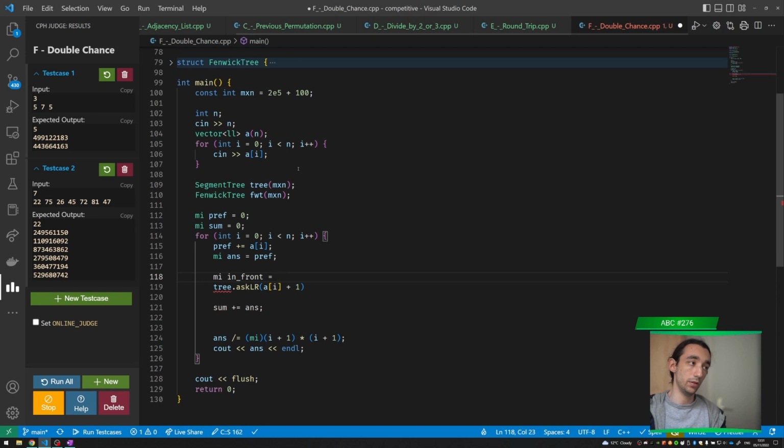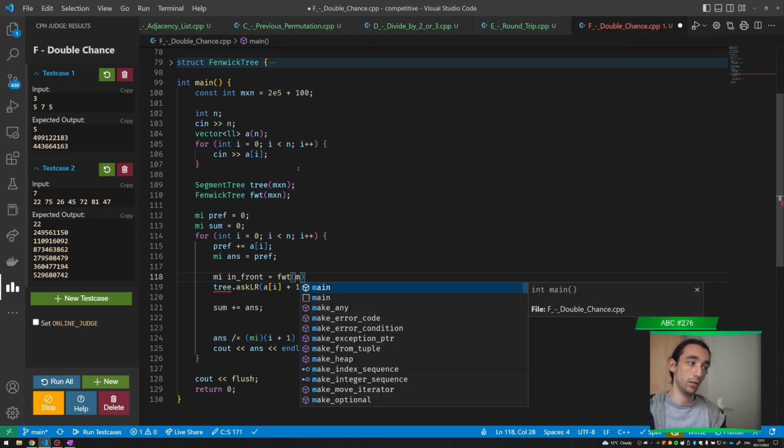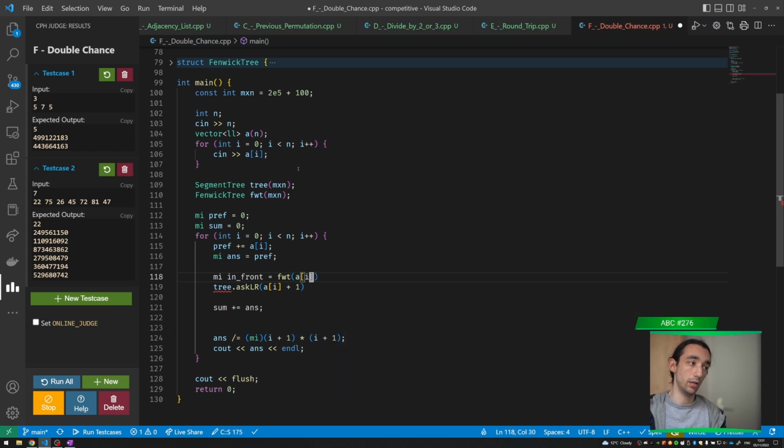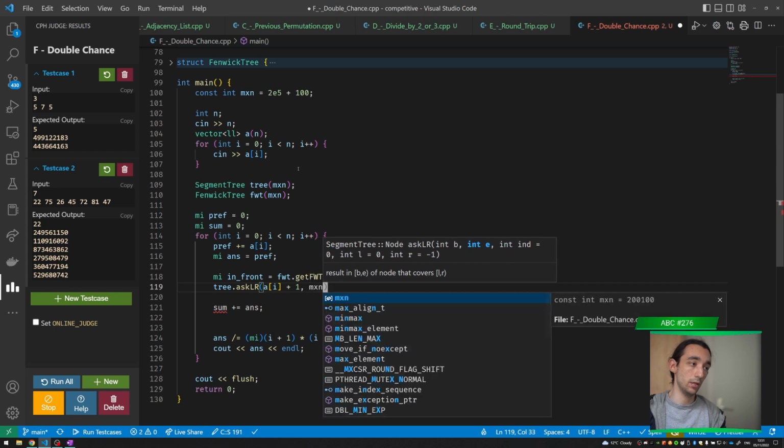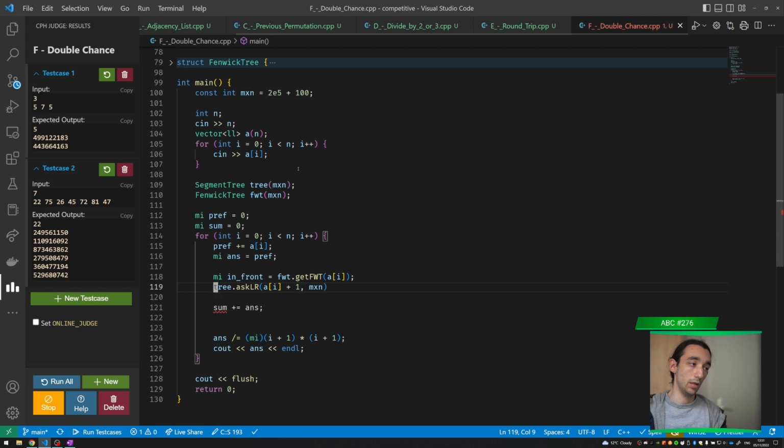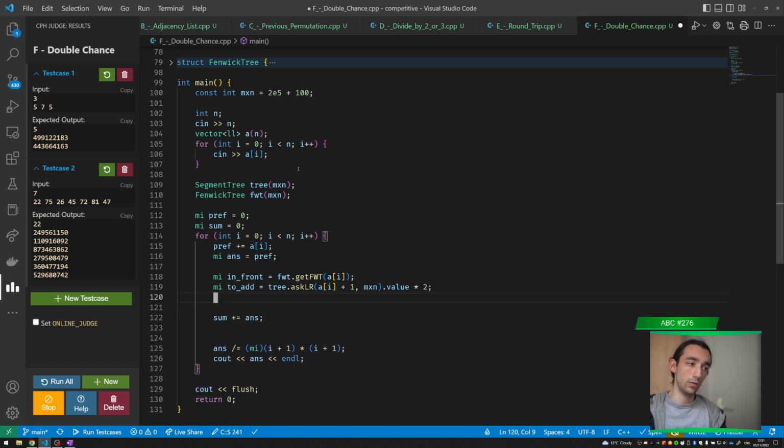In front is fvt dot ai, and I get fvt, and then I ask for this to the max n, and then in this is the to add that much to the answer. It is actually times 2. You need to add that much to the answer, and now you need to add,